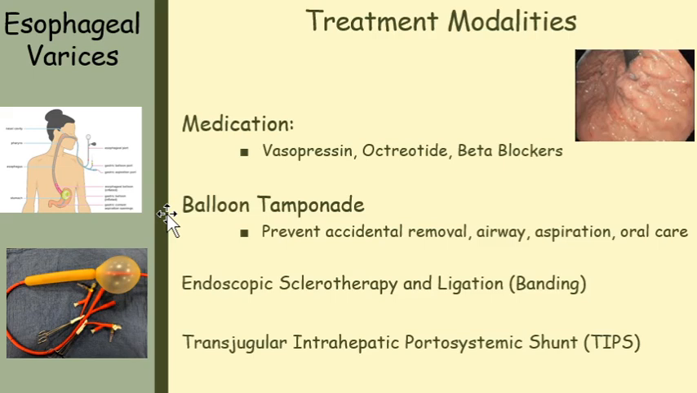So if somebody has esophageal varices, yes, they're giving them the beta blockers. They're also giving them the octreotide to slow down that bleed. It works in the GI. And they're also giving them vasopressin to press on those vessels. Now, here is something to remember. If you have a patient who has bleeding esophageal varices